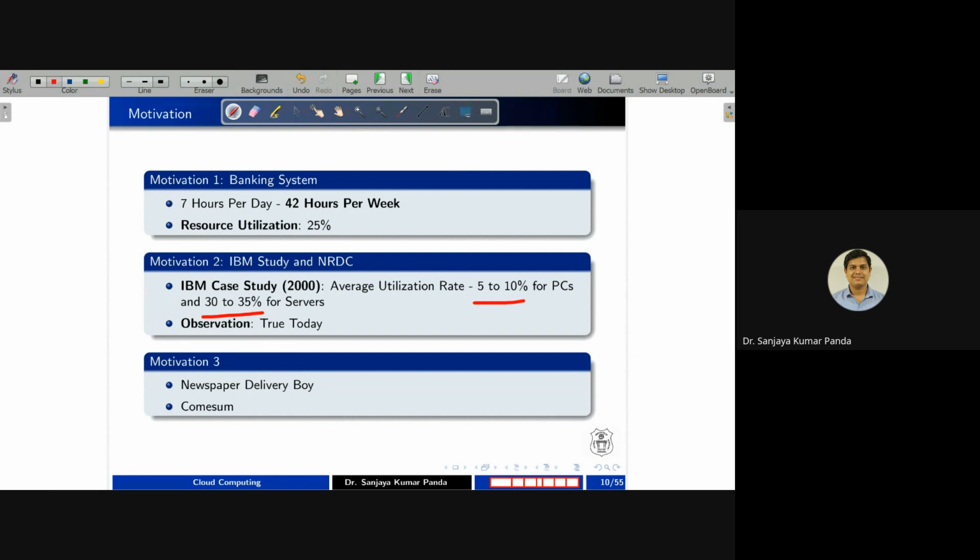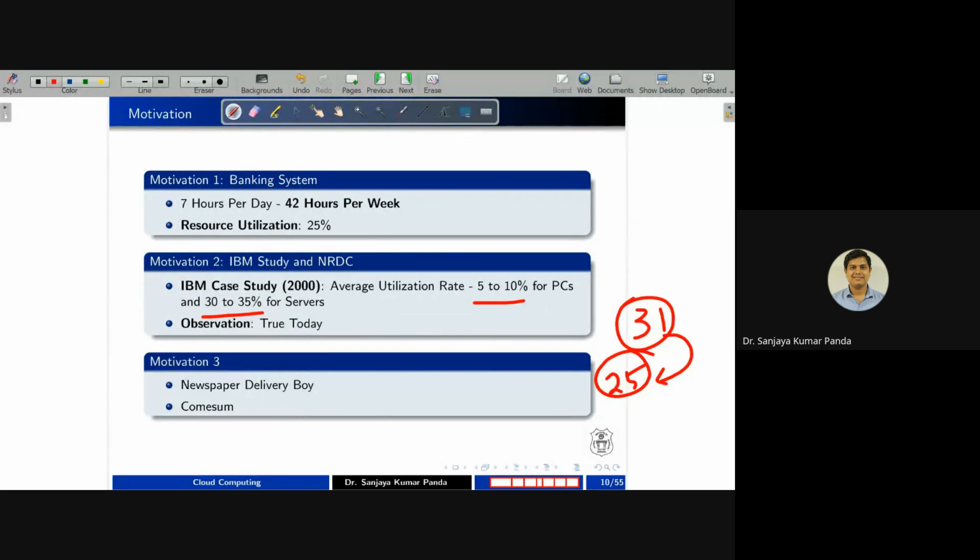Now, another informal example I can tell you: if you observe a newspaper delivery boy, he gives the newspaper to the subscribed customer. For example, in a month of 31 days, the newspaper is, let's say, delivered for only 25 days. Out of 31 days, the person delivered for only 25 days. So you are going to pay only for the 25 days. You are not going to pay for 31 days, because for the rest 6 days you have not received the newspaper, or the service is not given to you.